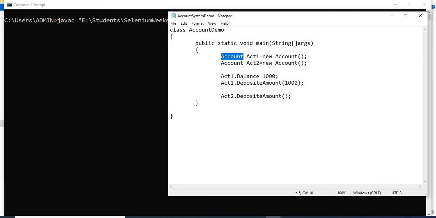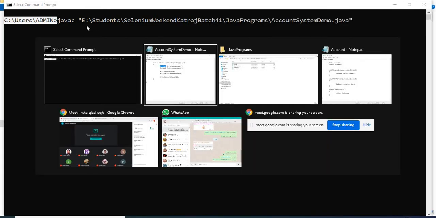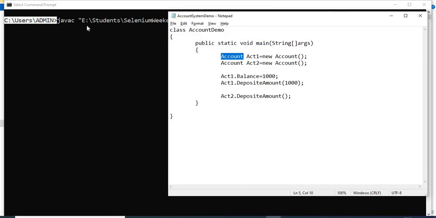So then it will search for this account class in this file itself, to see whether it is defined here, so that it can compile it first and then resume the compilation on this line. But it is not here either. Then it will search for account.class in the working directory, C users admin, the directory from where we are compiling our program, but it will not find it here. So what now? Now we need to tell our compiler, right?